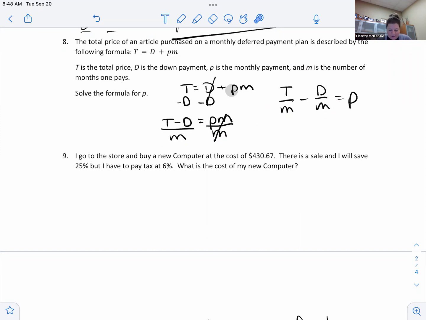Number 9, I go to the store to buy a computer at the cost of $430. There is a sale and I save 25% and I have to pay tax. What is the cost of my new computer? So just a little bit of percent work here, right? If I go to the store and this thing costs $430 and I save 25%, how do I figure out